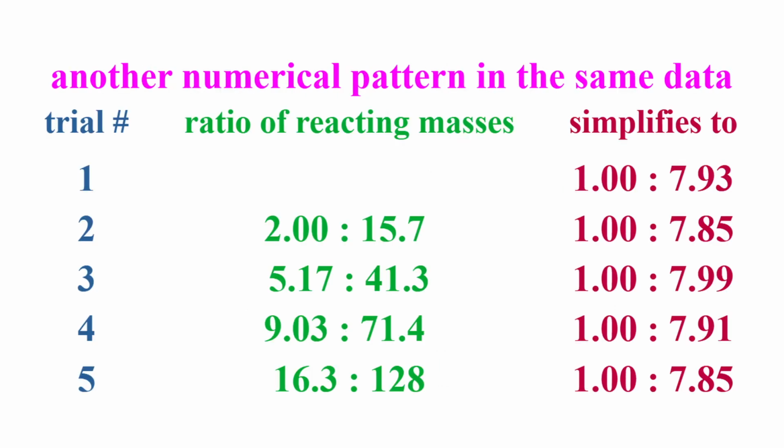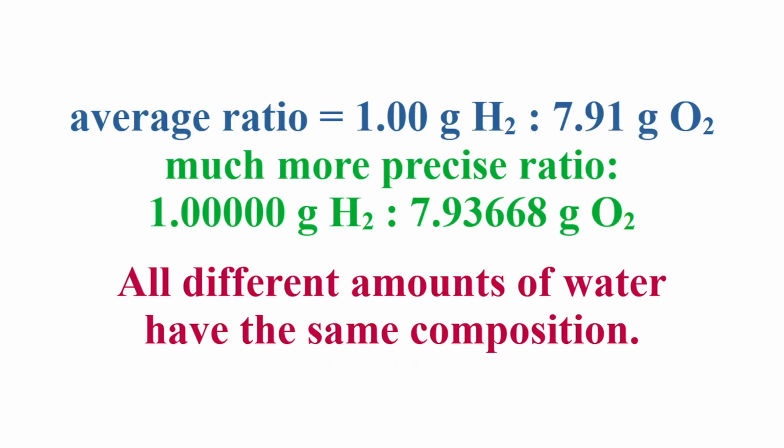One can also recognize another numerical pattern hidden in the same data as seen in this table, which is recognized in the data of all the trials of experiment using this reaction. The ratio of the combining masses of hydrogen and oxygen, as shown in the last column, is always the same within experimental uncertainty, no matter how much of the two gases actually react. The average of these 5 ratios happens to be 1.00 to